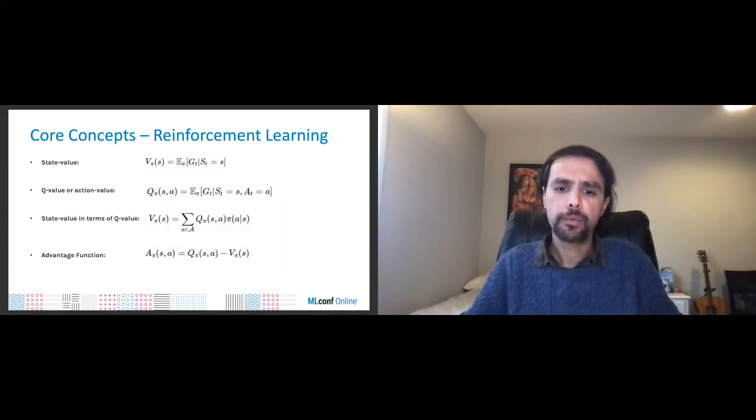Lastly, we have the advantage function, which we will use repeatedly in the Q learning formulation. This is simply telling you the difference between the Q value for an action A in state S and the value of the state S. So it tells you, if you were to take an action to move from your current state to a new state, how much better that new state is expected to be in terms of the advantage function. And we use this repeatedly as a criterion to keep measuring whether the algorithm is converging or not.